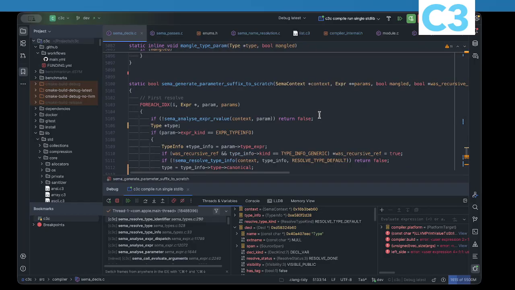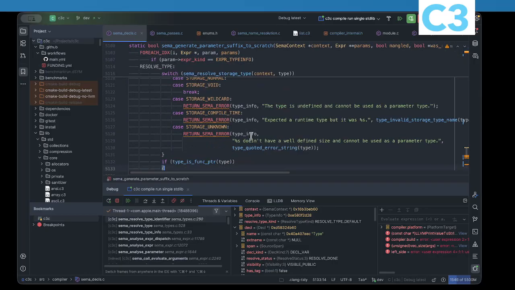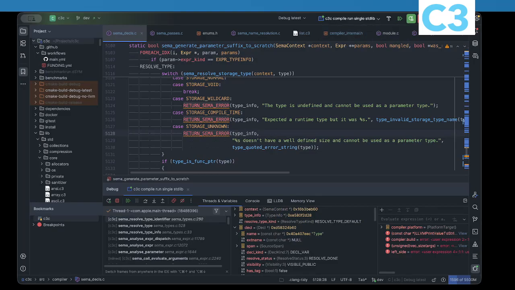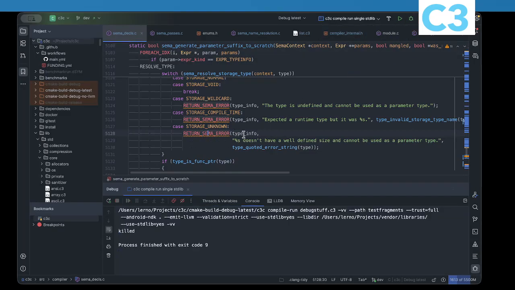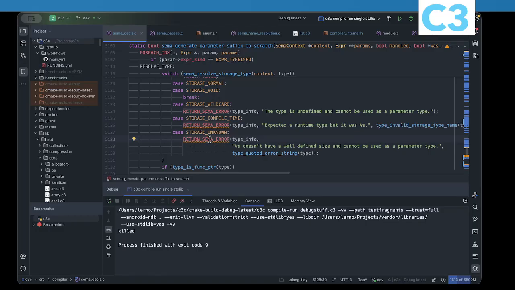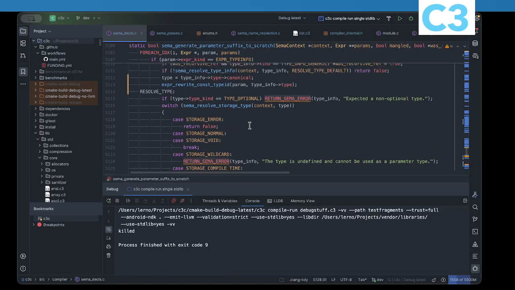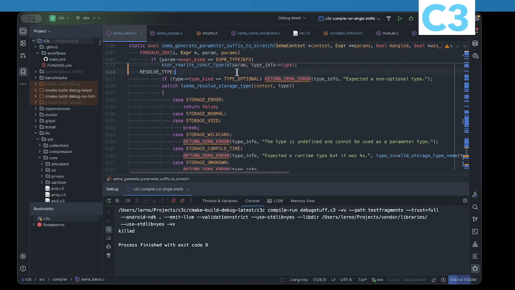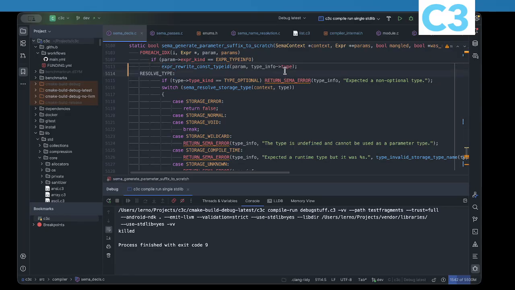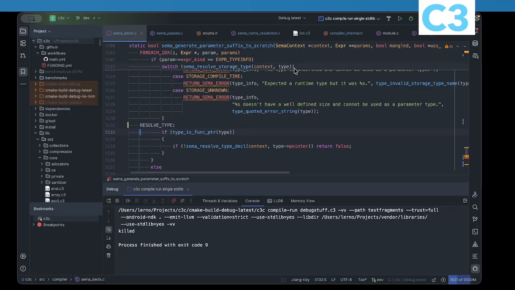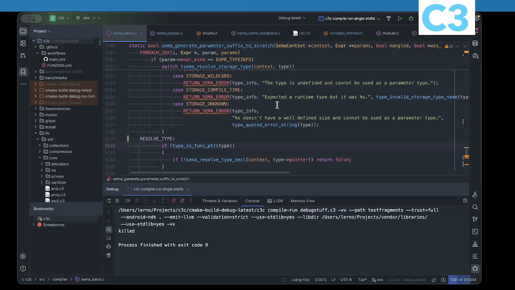So also when we do this, we should be creating... Okay, what's this? So let's stop here. Why does this create an error here, or underline or something? It's okay, because the type info might not be... Oh, you're right, of course. So expected non-optional. We can just jump to this part here. So now it's going to be fine because we're not accessing the type info. Okay, but